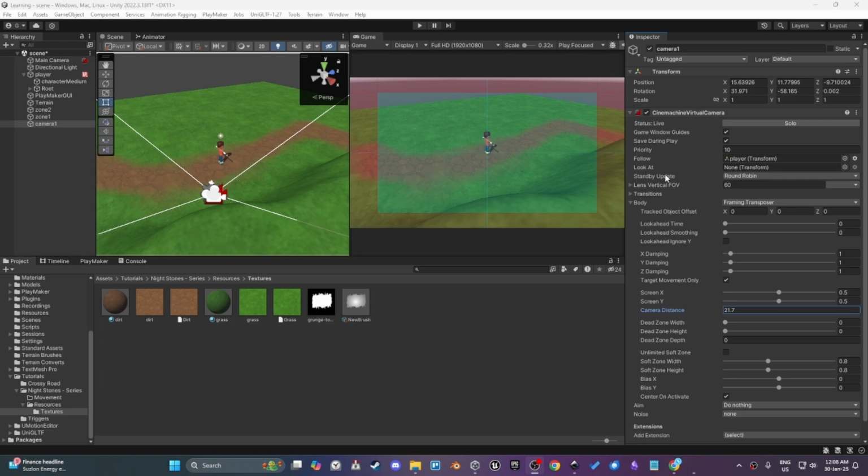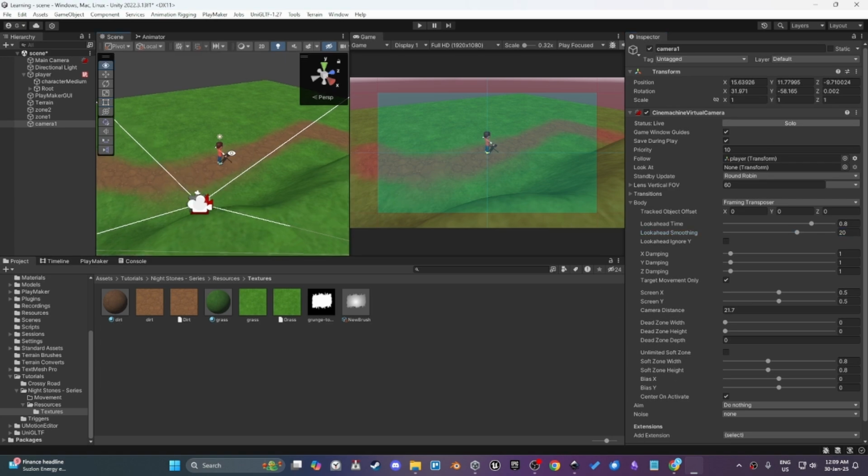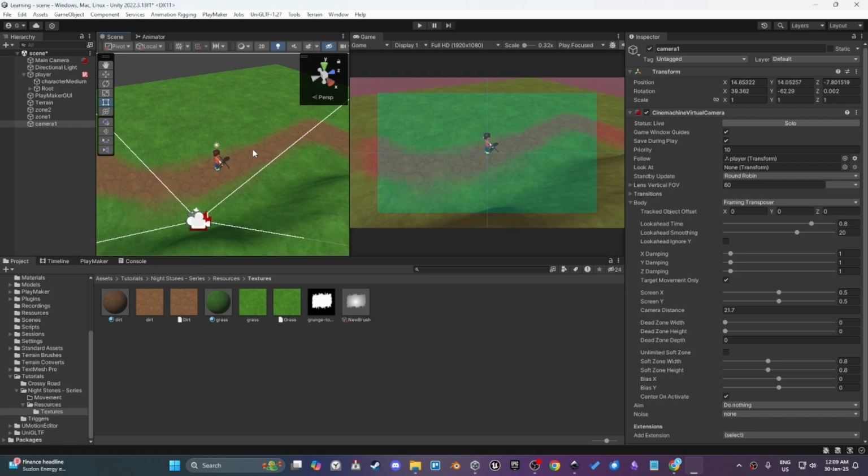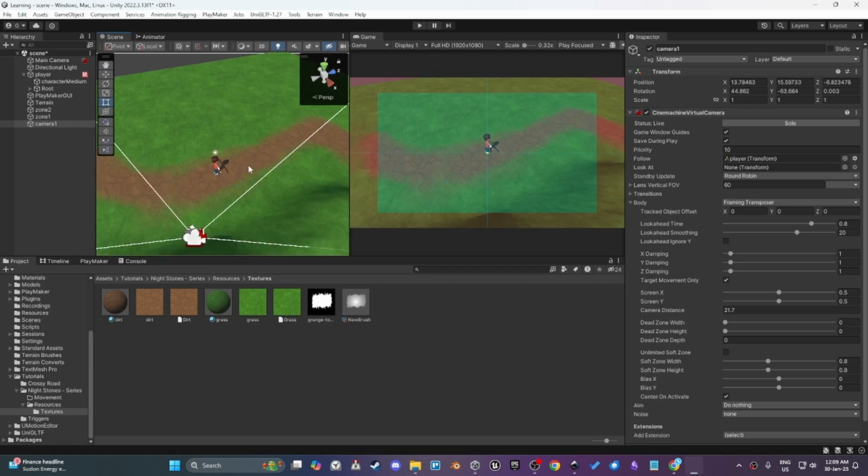I feel this much should be enough. And I'm gonna increase my look ahead time and look ahead smoothing. This will just ensure that your camera follows the player smoothly. And I also want the camera to be a little bit towards the upper side. So I'm gonna